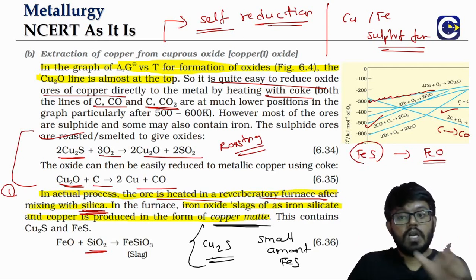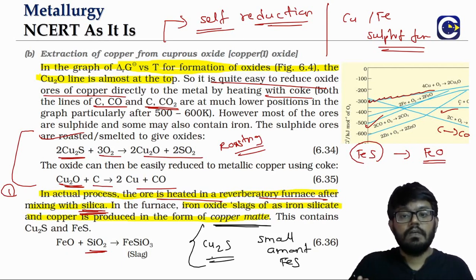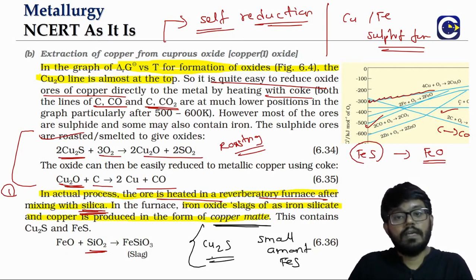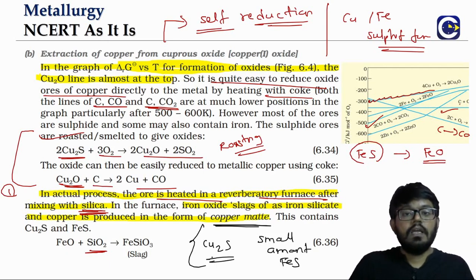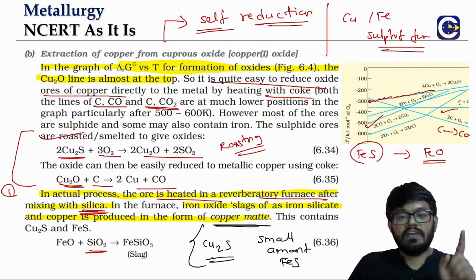Now this is the question that a lot of students will have. Why, when iron is getting oxidized, is copper not? Because iron is more electropositive. So iron gets converted to oxide form. Copper will be left behind as it is, in the copper sulfide form. Even if a small amount of copper sulfide is oxidized, that will again react with iron sulfide to come back into the sulfide form of copper. So the first stage is what? Reverberatory furnace, we will get copper matte.